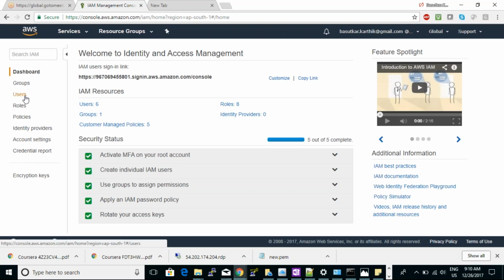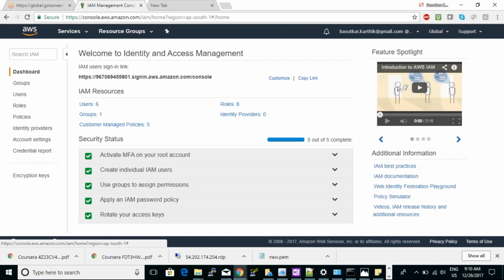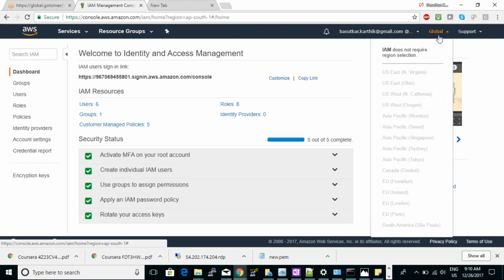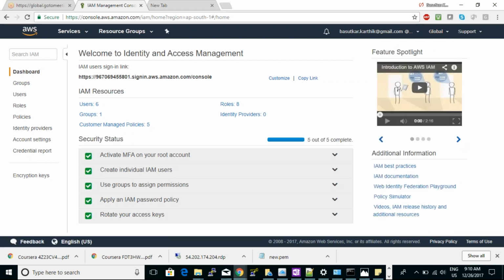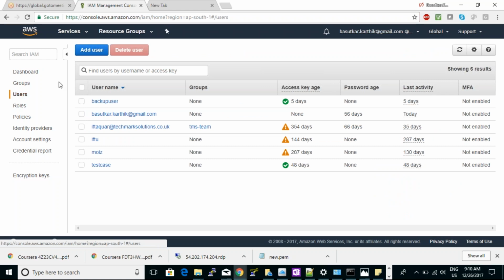Here, go to Users in order to create one. This is the dashboard of IAM, and this is a global service, because it is the service for your account. If you want to create a user, go to Users, click Add user,